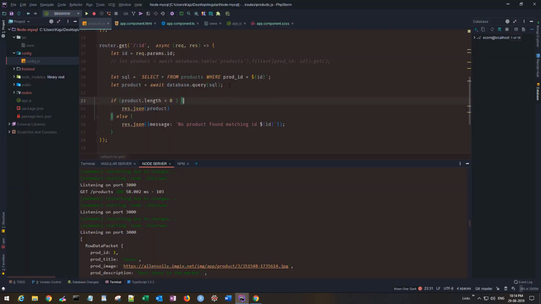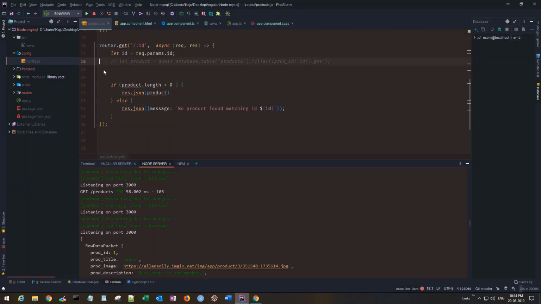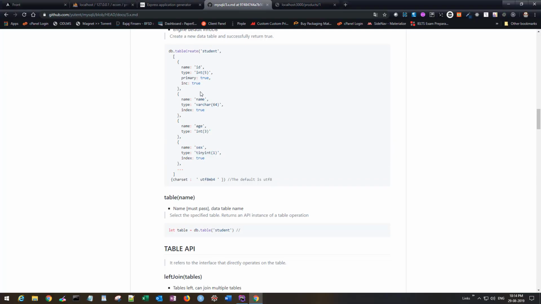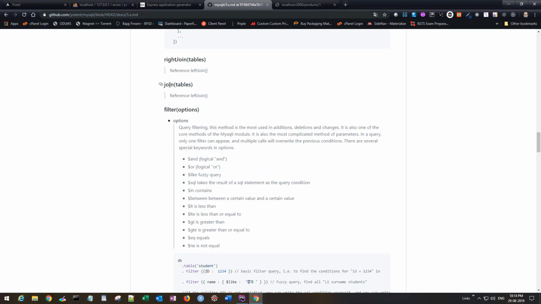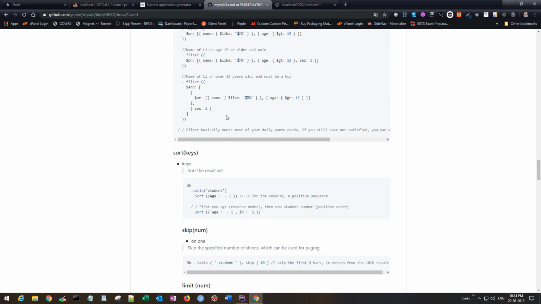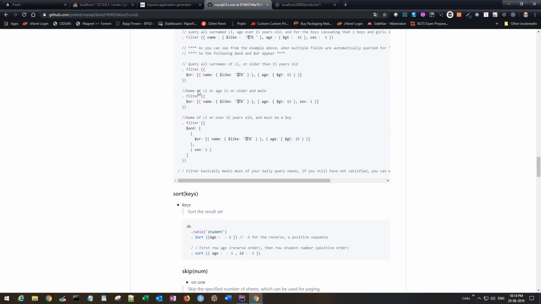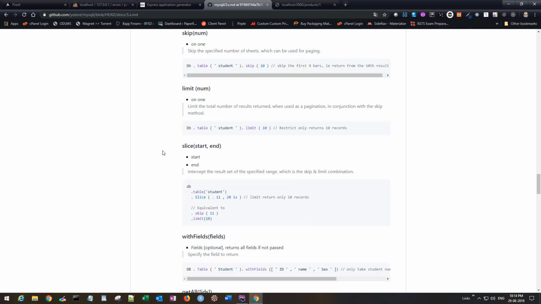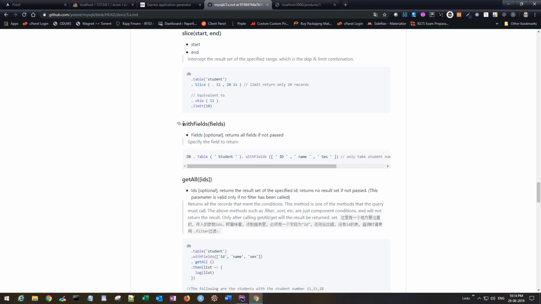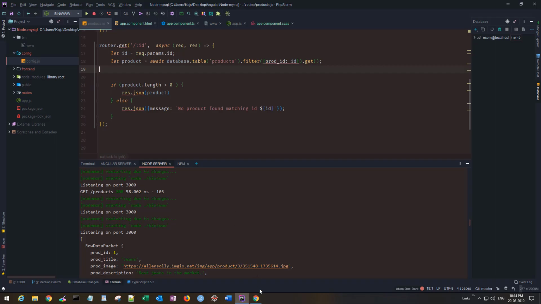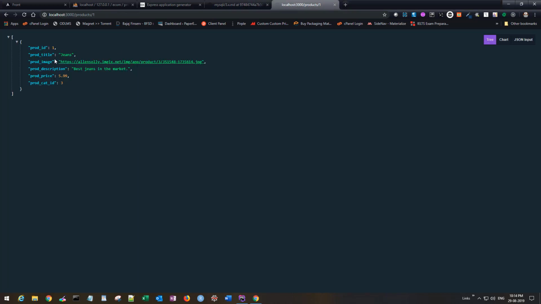But if you ask me, you should avoid this, because this package gives you the flexibility to use all these functions without writing a single query, and you can do almost anything. I can join tables also. So we go back to the documentation. You have the full API here. You can join tables, use so many filters, and do all the stuff like and, or, between, greater than, equal to, whatever you want. You can sort things, limit, slice, and you can choose which fields you want. So if I want to display, let's say, only the title and the description,